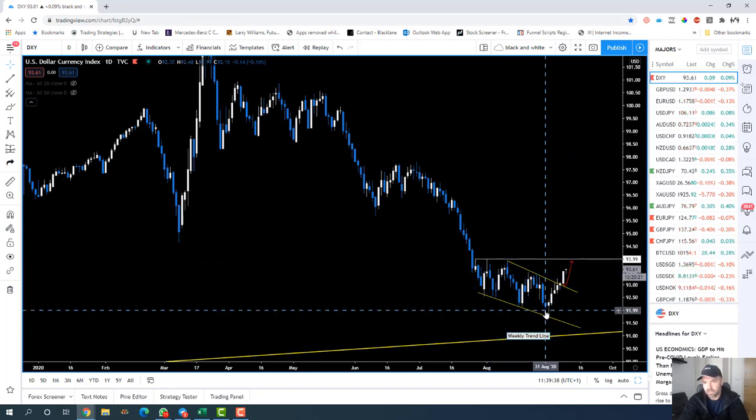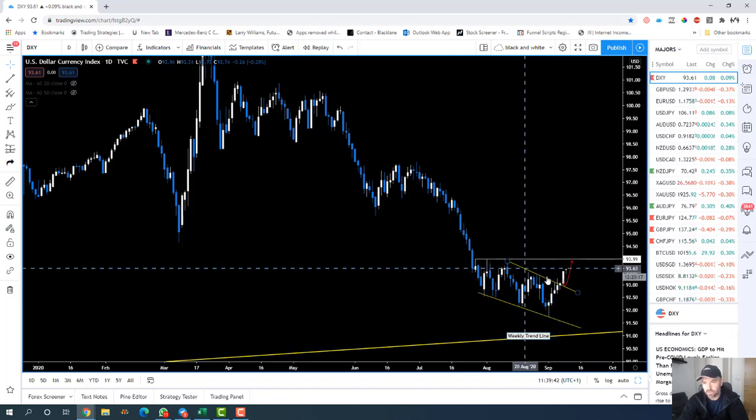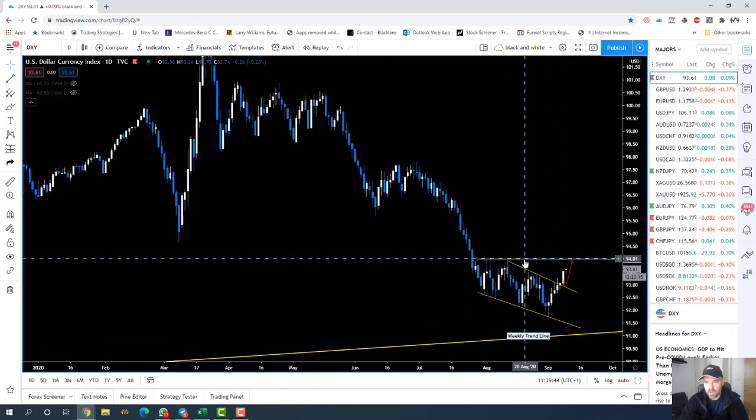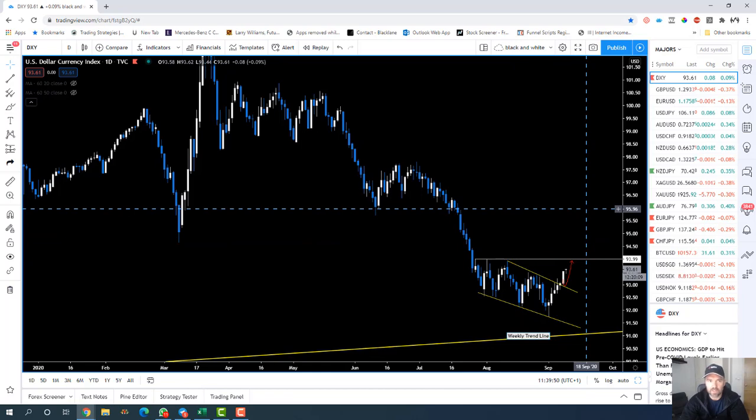The world was selling dollar, and that's all everyone was talking about. But then we get this opportunity where price breaks out. The key barrier for us is 94. If we break through 94, expect to see 96 in coming weeks.